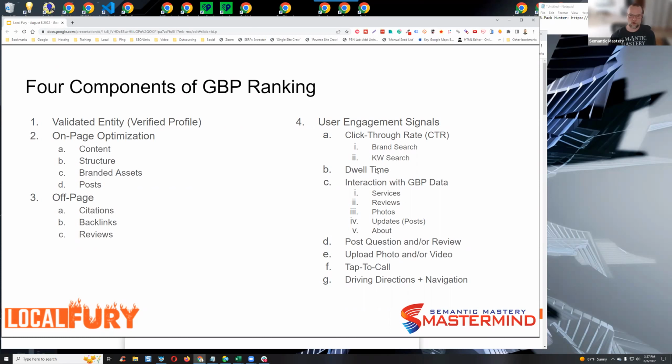Then you scroll through and you look at the services, the reviews, the photos. These are the tabs at the top of the Google Business Profile in Maps when you're on mobile. You can scroll left to right and see the different tabs at the top: services, reviews, photos, updates, which are posts, and about. So clicking through and interacting with some of those sections of the Google Business Profile within Maps